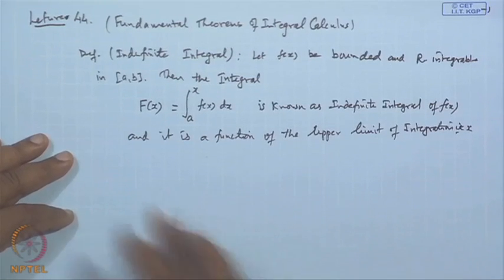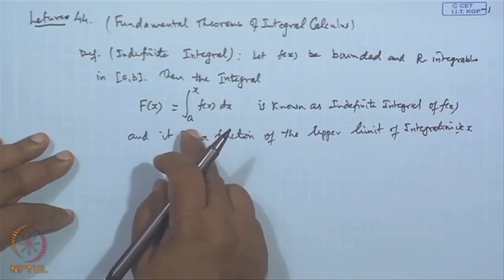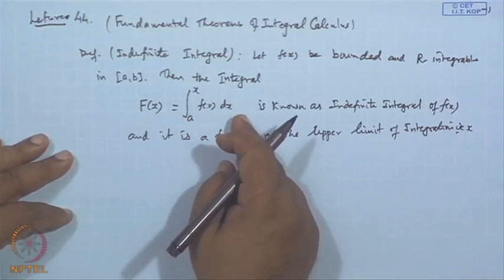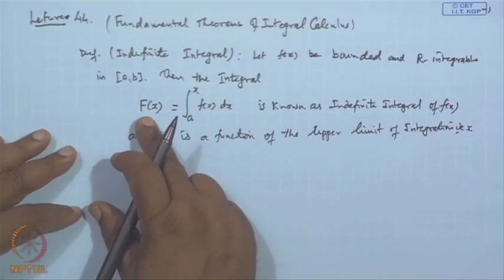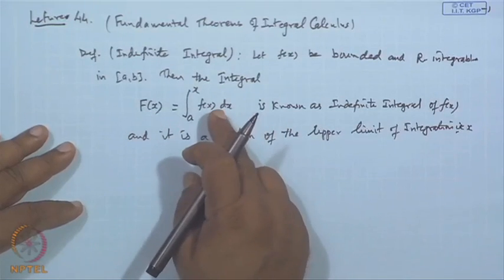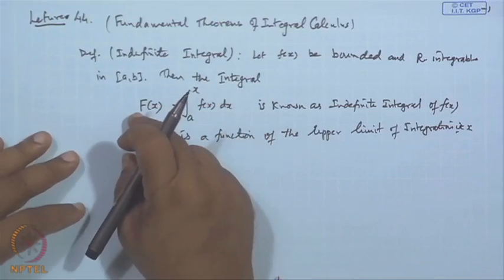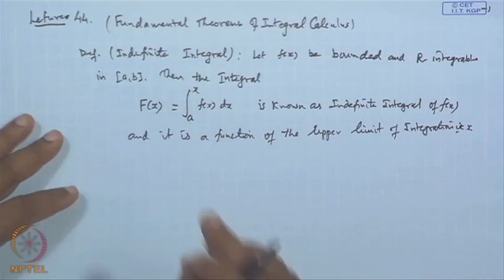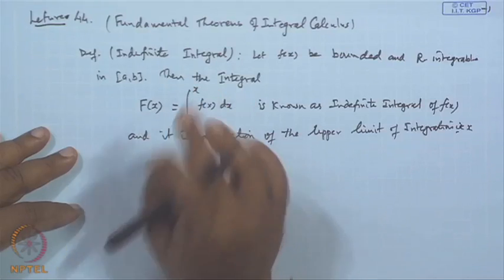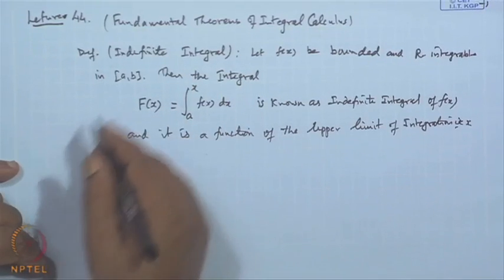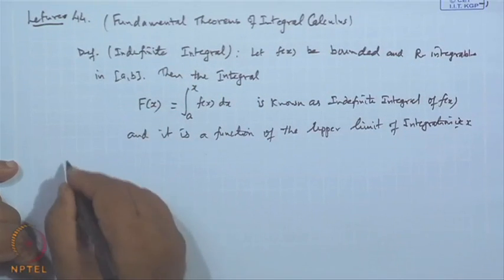Okay. So, it is convenient to denote this expression as F(x), the indefinite integral from a to x of f(x) dx, where F(x) we call an indefinite integral of the function f(x), which is a function of the upper limit x. So, x changes, the corresponding F(x) will change. In fact, the behavior of F(x) depends on all x. So, the first result which is valid for the indefinite integral is